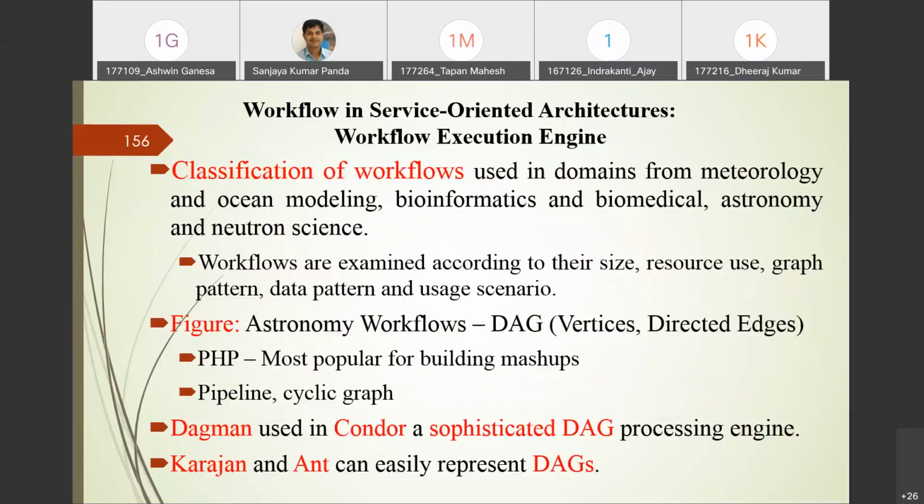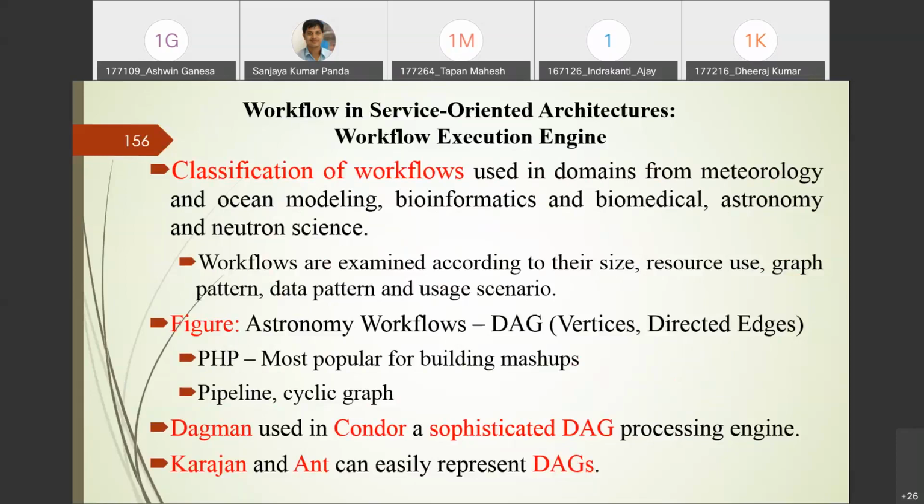Then you can see the classification of workflows used to segregate one domain from another. Workflow may be available in meteorology and ocean modeling. Workflow may be available in bioinformatics and biomedical. Workflow may be available from the computer science and artificial intelligence point of view.